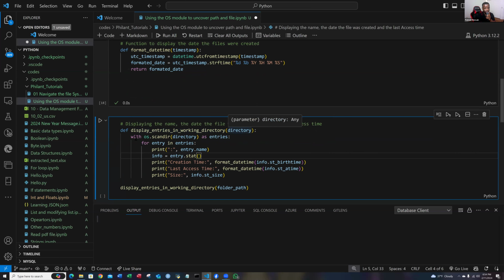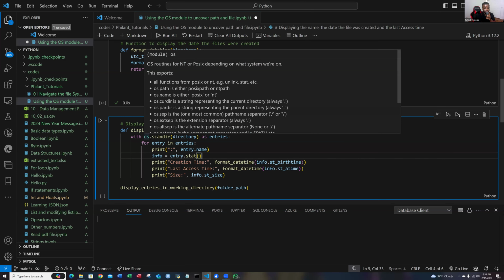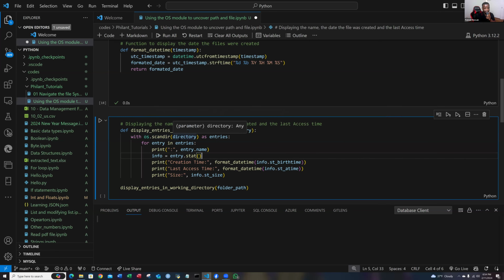And then we are going to use the OS scan directory on the parameter directory as entries. And then right after that, we say for entry in entries, or maybe an item in items, we are going to print the name of the file. We look at the statistics of the file,